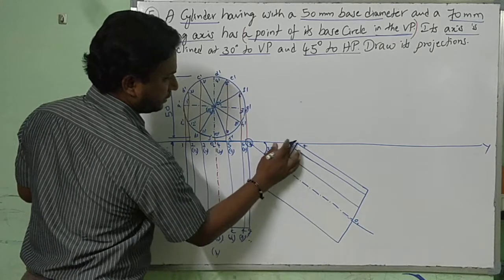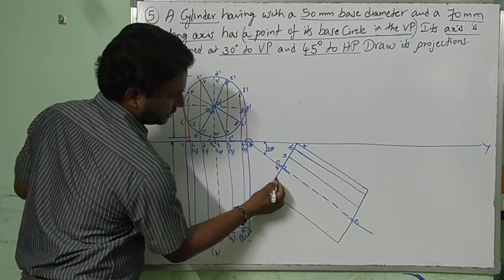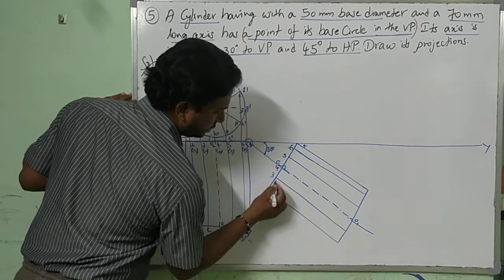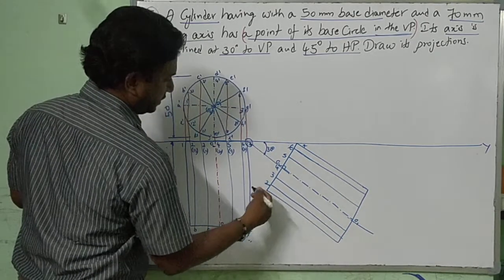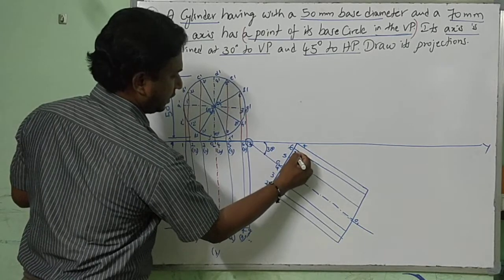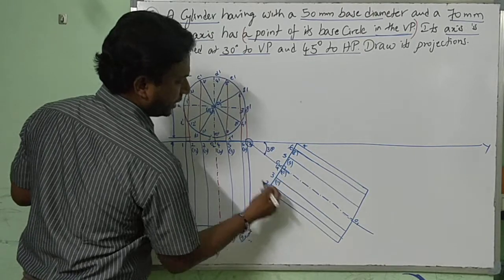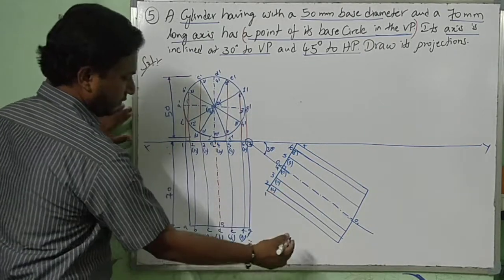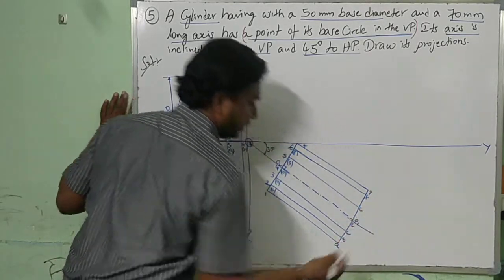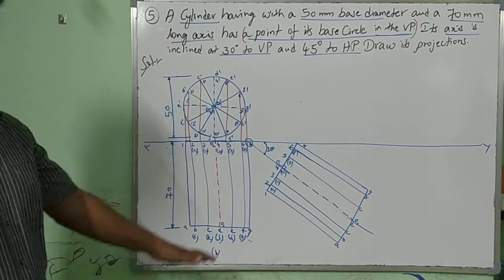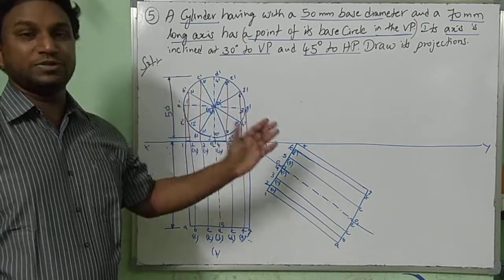I can draw this as 7, and here 6, 5, 4, now 3, measure the distance, 2, 1. Now inside as usual 7, 6, 7, here comes 8, 9, 10, 11, 12. Same way here, you can draw A, B, C, D, E, F, G. Don't think, sir, why we need more than the top points? To make it easy while plotting the ellipse, we are taking more points.